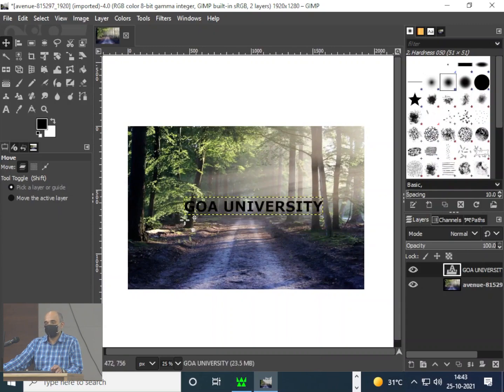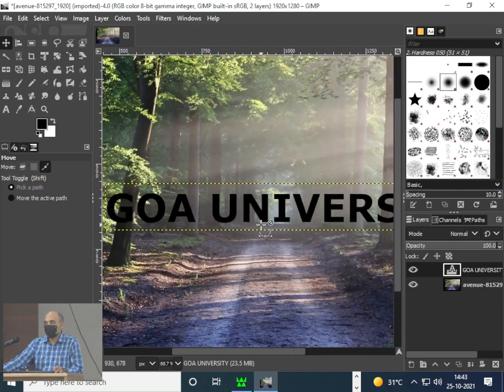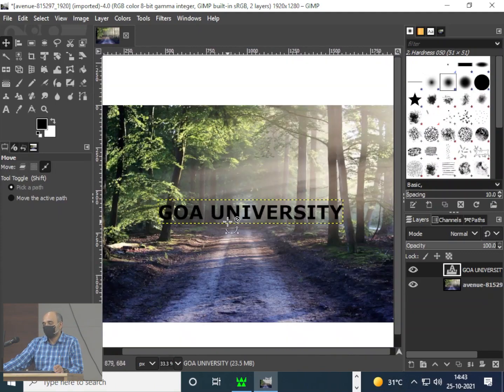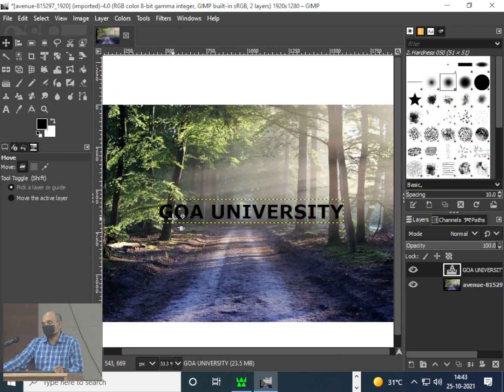This text which is there, I don't want it to be plain black. It's black, right? I can give it another color, but I don't want it to be a color. I want it to look like some other image. And this is not only with this thing, you can do it in a lot of other cases. I'll show you the other cases also, but this is what is there in your lesson plan, so I'm showing you this.